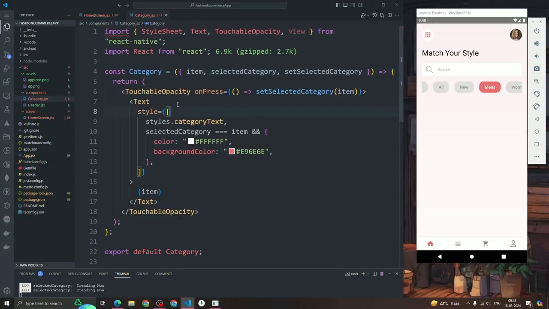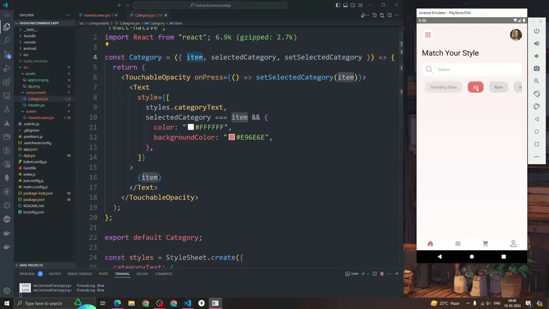Okay, and we are having our touchable opacity. Inside this, we are just rendering the text, and whenever the user clicks on any item, we are updating the set selected category value with the new value, whatever the user clicks on. After that, we are checking if the selected category is equal to